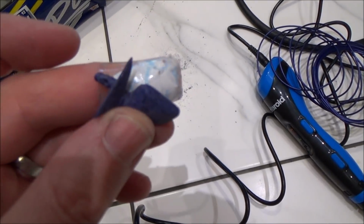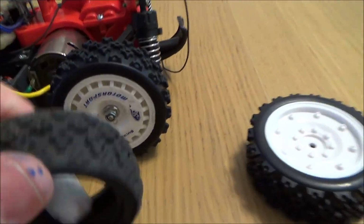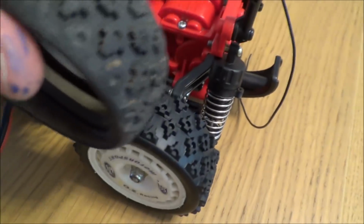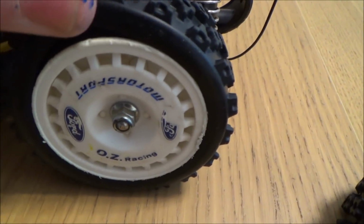So that's going to keep me busy for a bit. So my new tyres have arrived and they fit absolutely perfectly. Compared to the old ones, they look to be exactly the same, so that's good news. Now what I'll have to do is, they're already a snug fit, but I'm just going to roll them back